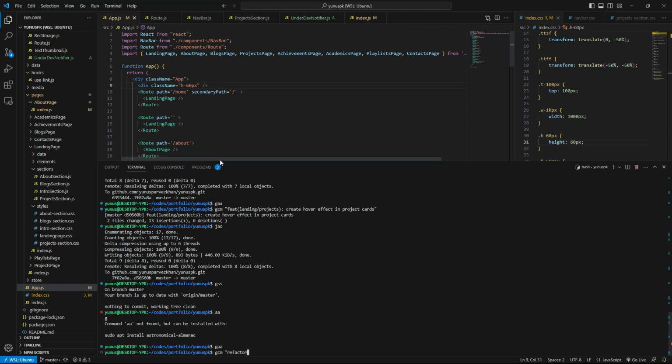That's a refactor, definitely a refactor. Refactor for the entire app, I guess.